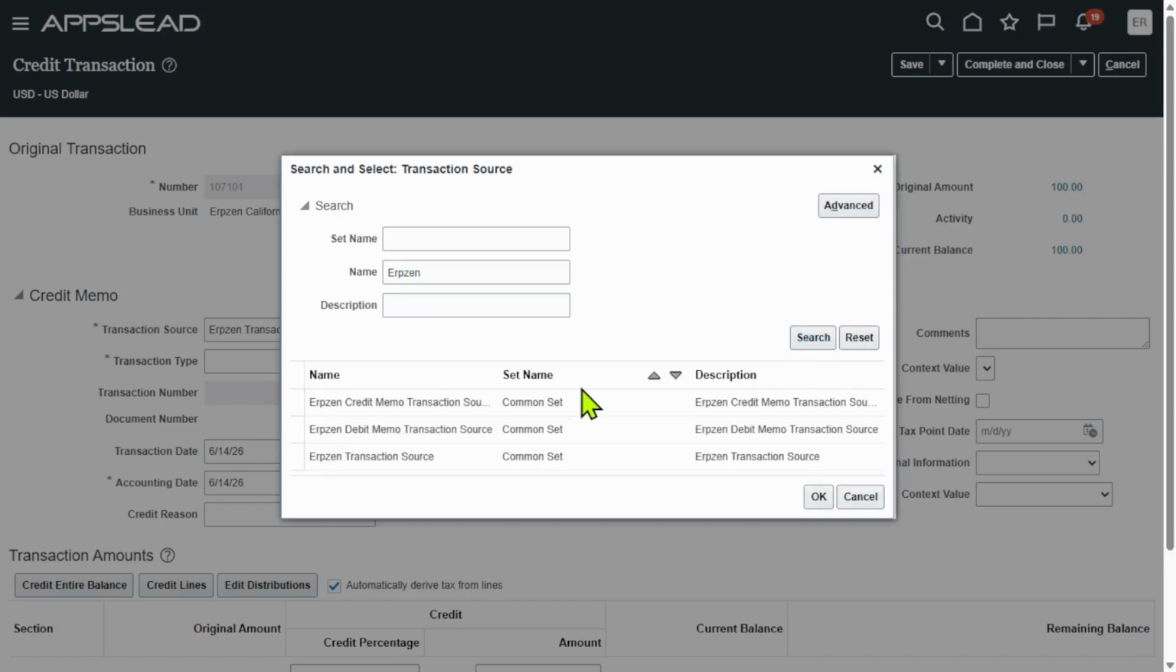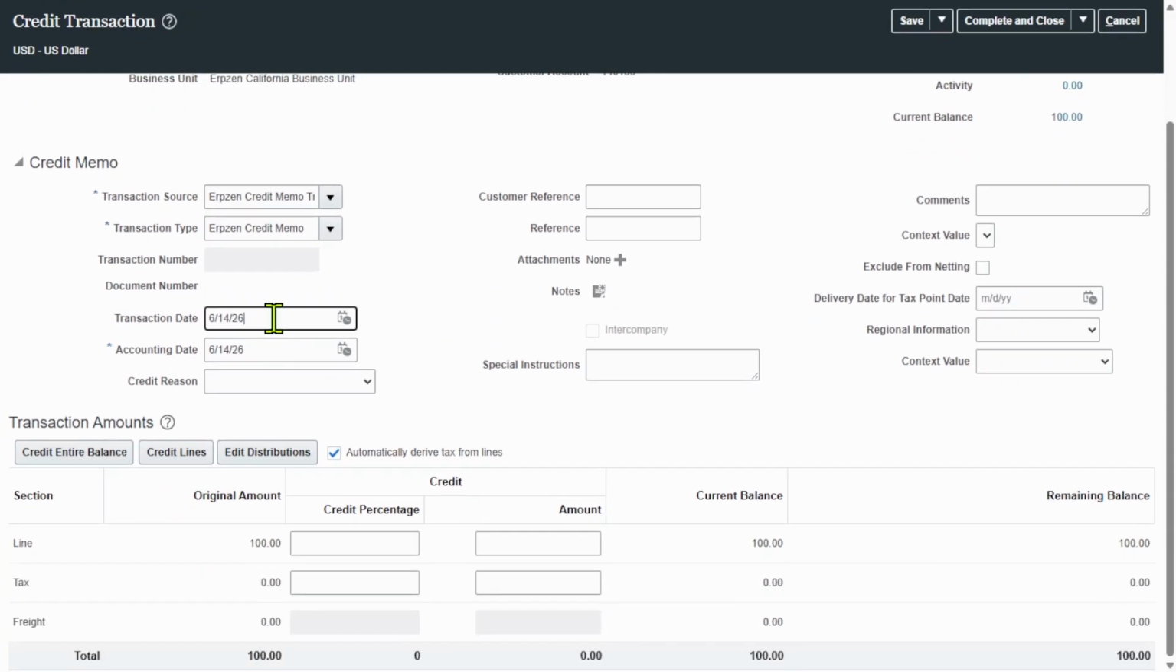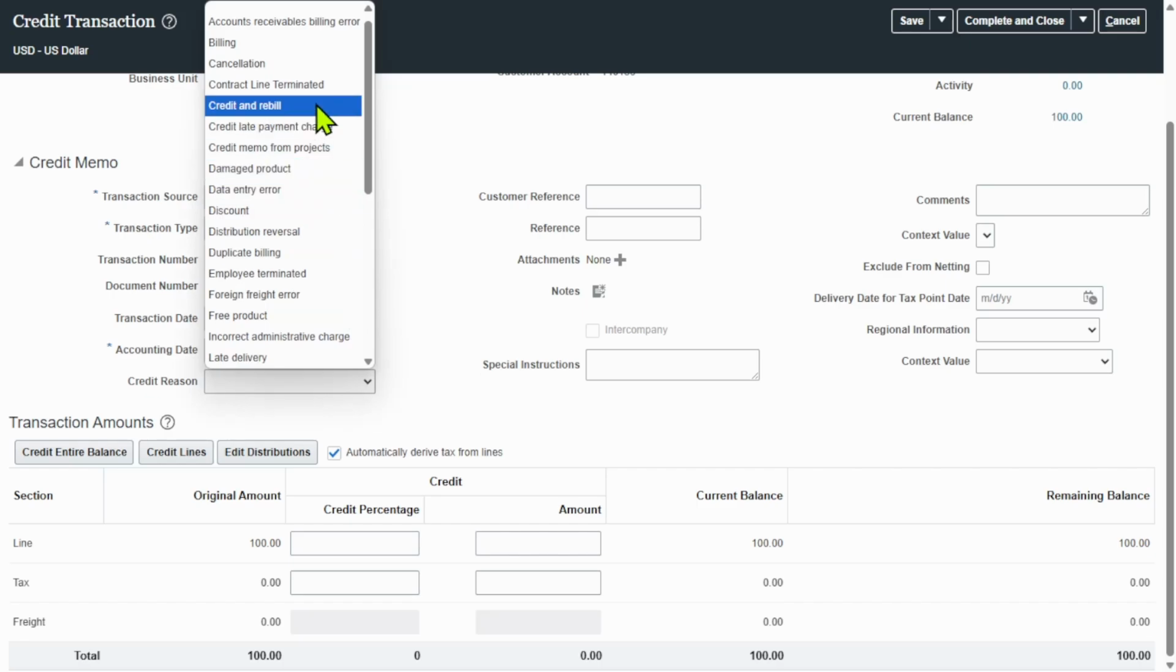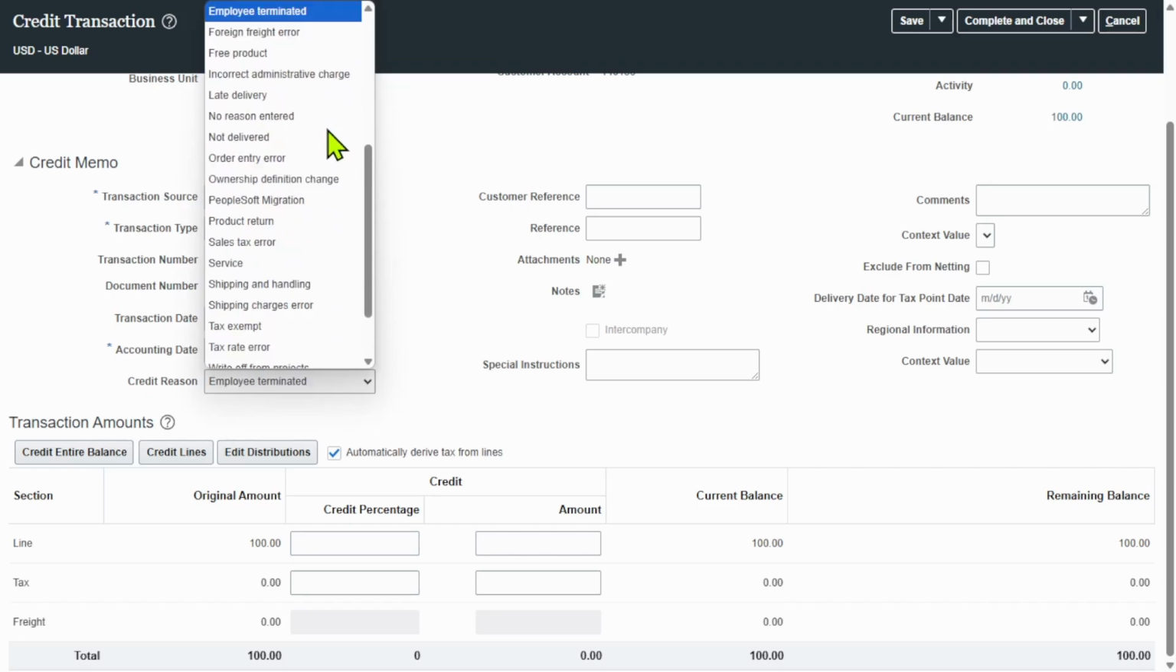ERPZEN credit memo transaction source. ERPZEN credit memo. The transaction date and the accounting date, and here you can see all the credit reasons,